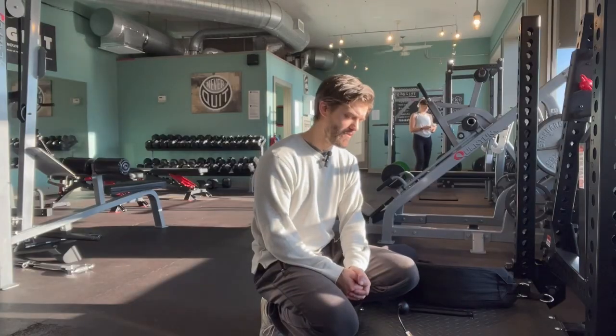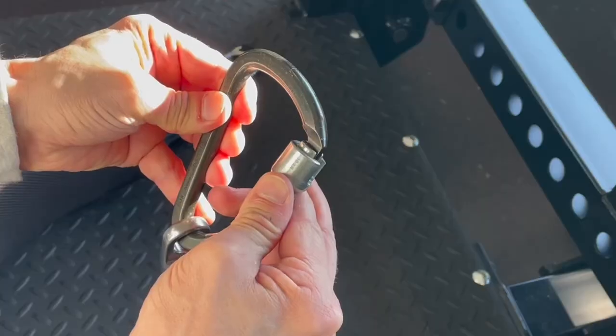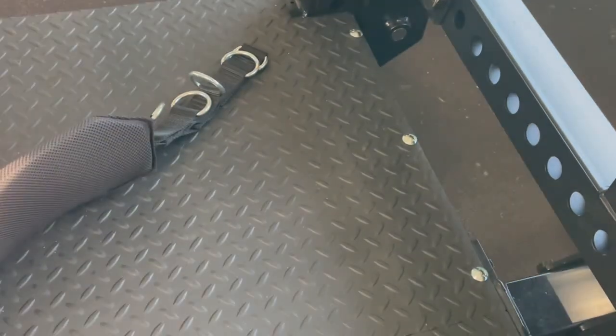All right, so first things first. You have your clip. It's got a safety lock on it. You twist and then push to unlock your safety clip. You're going to take your belt,